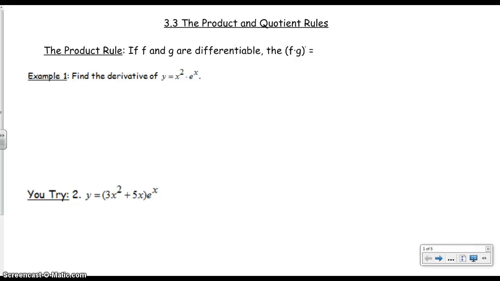In this video, we're going to look at how to use the product and quotient rules to find the derivatives of a function times a function or a function divided by a function. So let's start with the product rule. Obviously, it's called the product rule because you use it when you have two functions that are being multiplied together,